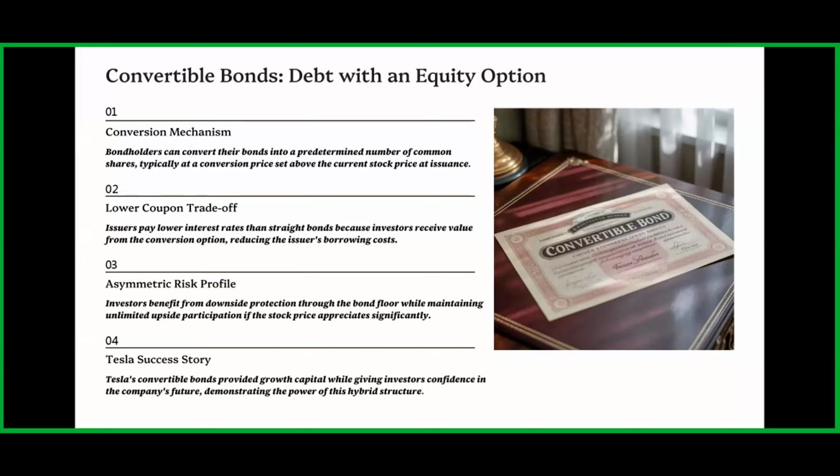Okay, so next one is the lower coupon rate. The issuer pays lower interest rates than on straight bonds because the investor receives the value from the conversion option. Okay, so for such a type of bond, the companies can issue at lower interest rates or lower coupon rates